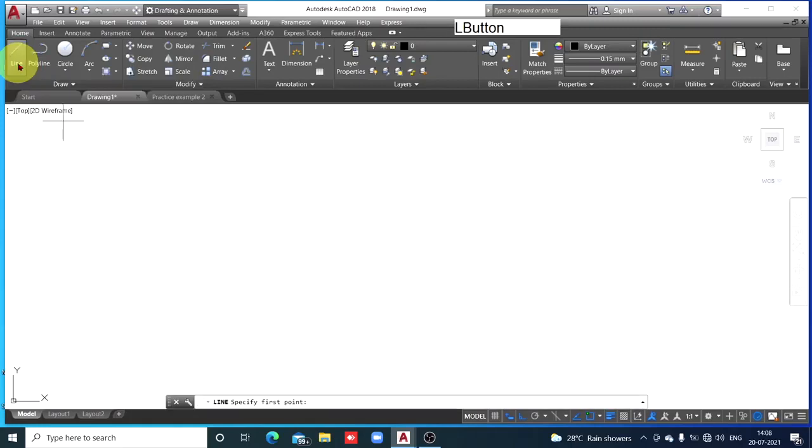So select the line command. You can type the line command and select it, or directly take your cursor to this button and click it. Now if you click here, that will be the start point of the line. So I have clicked it, and now the start point of the line. What are we drawing? A thin rectangle